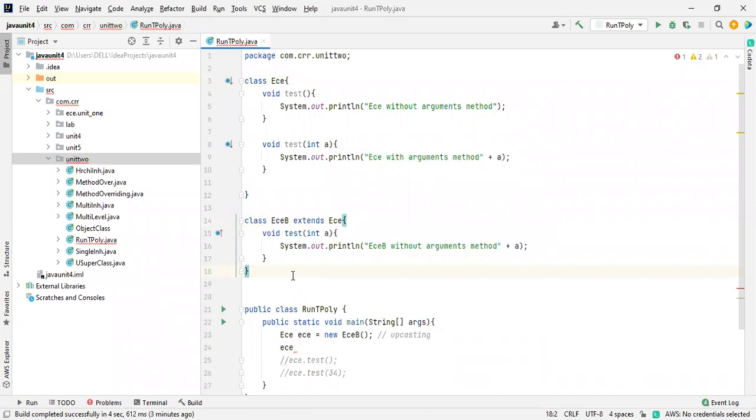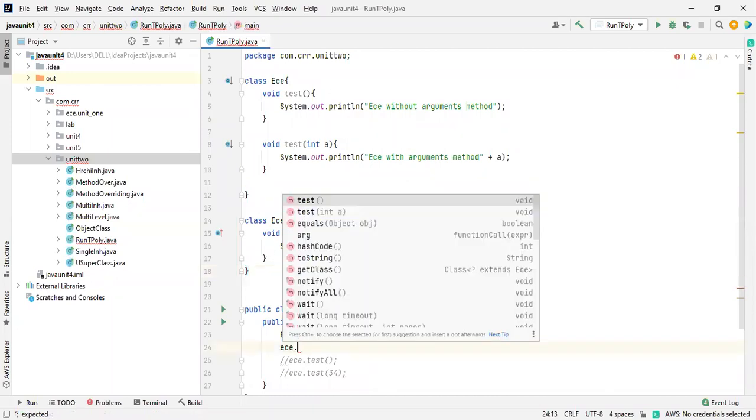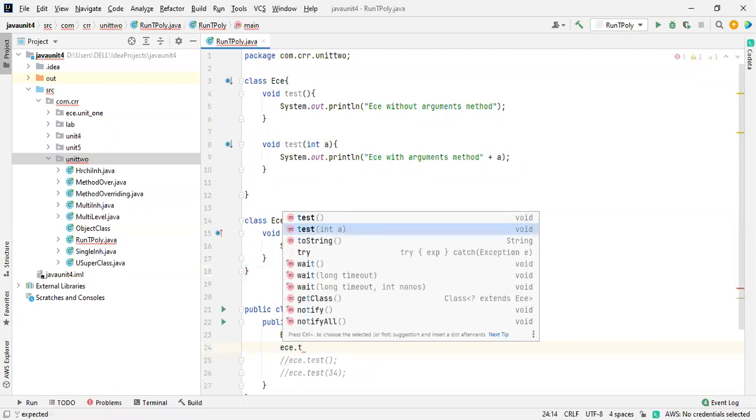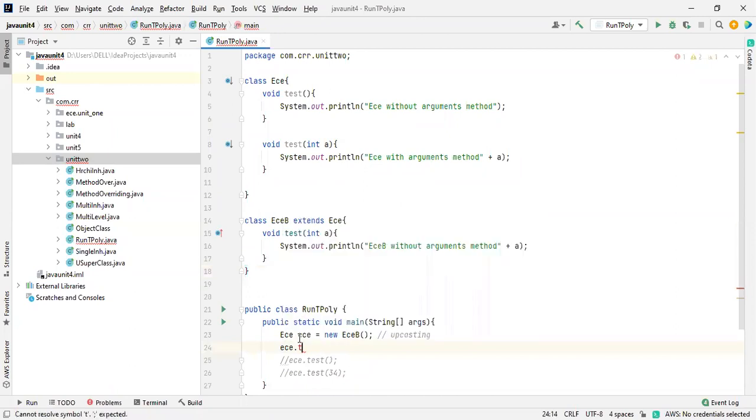So just remember this one. With an example only, you can't understand. With practice, or practical things only, you will understand. That's why this is a good example for that. Okay, so I'm going to call int test. See this one, when I call the reference of this one, I can call these methods also.